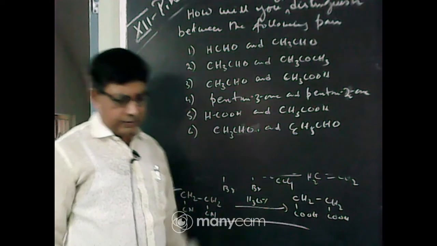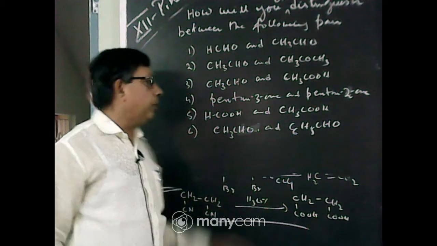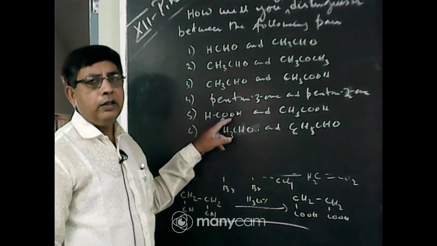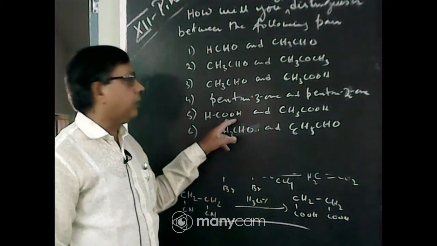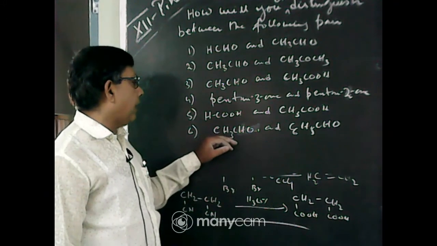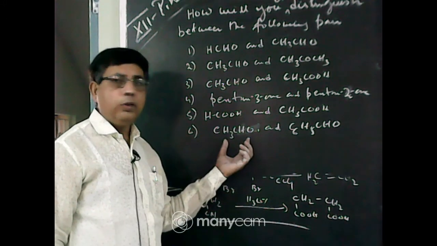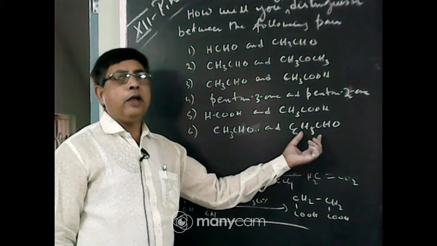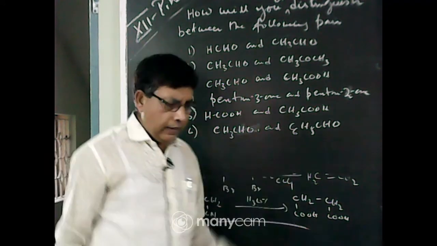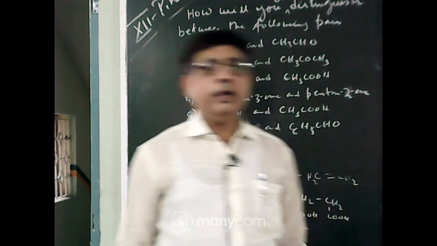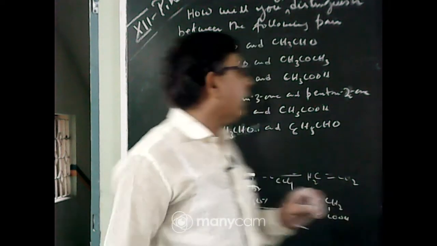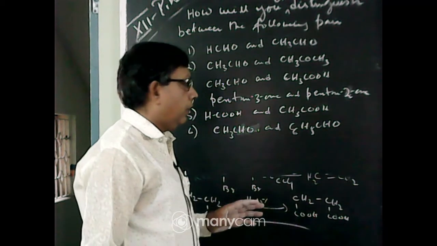Formic acid and acetic acid. Among all carboxylic acids, formic acid only has reducing character. So when heated with Tollens reagent or Fehling's solution, it gives silver mirror or red precipitate, but acetic acid does not respond to this reaction. And last one, acetaldehyde and benzaldehyde. Acetaldehyde has a ketomethyl group, so it gives the iodoform test, benzaldehyde does not. Or when heated with Fehling's solution, acetaldehyde gives a red precipitate, but benzaldehyde does not give the Fehling's test. So these are the chemical distinctions. You must mention any chemical reaction by which we can distinguish between these pairs.